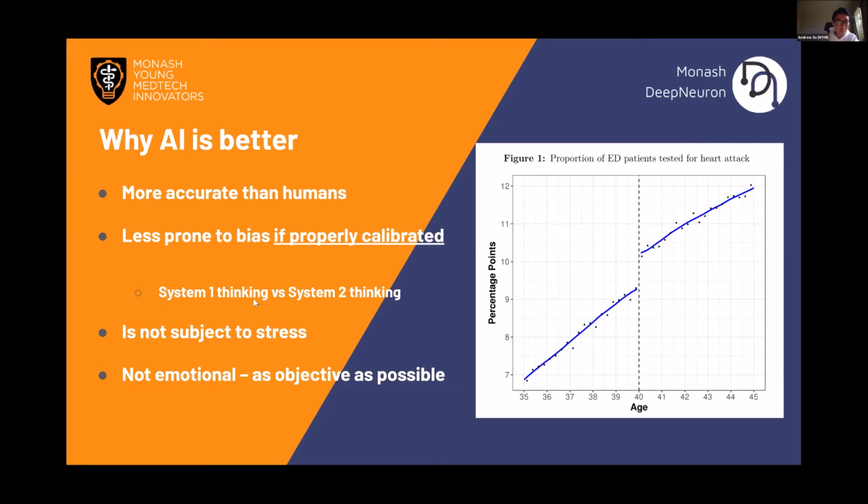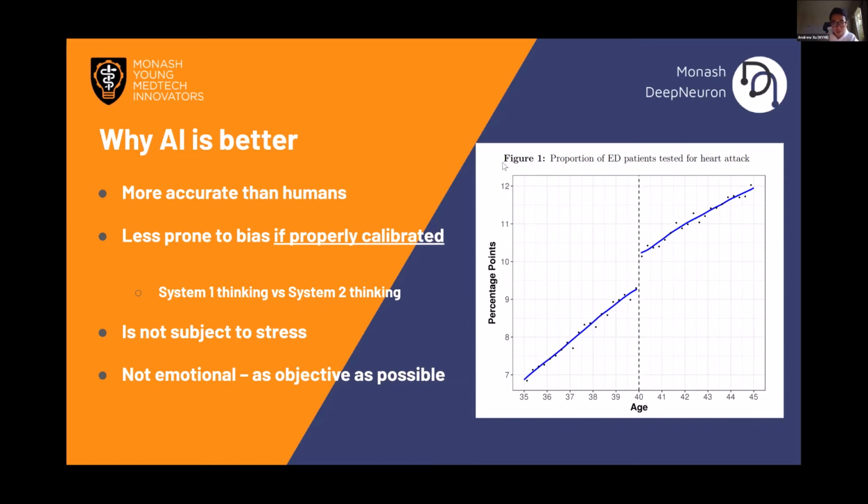So you've got system one thinking, which is heuristics. It involves fast automatic judgments, almost like a reflex, based on past experiences. And you have system two thinking, which is called critical thinking. These two systems are very different from each other and involve different parts of our brain when we think about it. It even incorporates different metabolic pathways in our brain. And you might think that doctors use system two thinking in routine diagnosis and decision making, but research has actually shown that this is not the case.